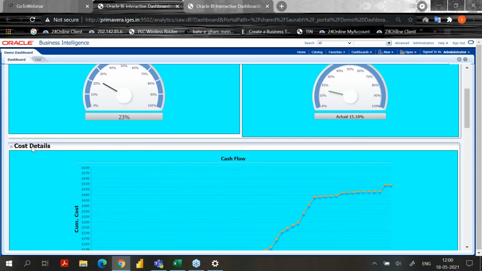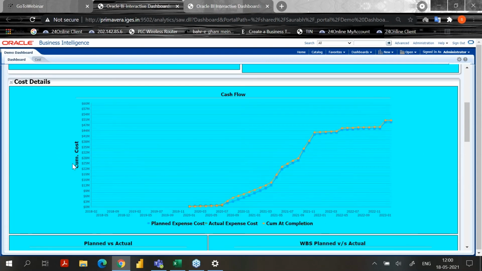In the same project details analysis, it is showing an S curve. That is the most required for any project, the S curve. Anybody wants to see first how my curve is going on. This is just for temporary demo purposes, and it started from here. It is actual, plan, and we can see plan, actual and at completion also, but you can see this is planned, this is at completion cost, and